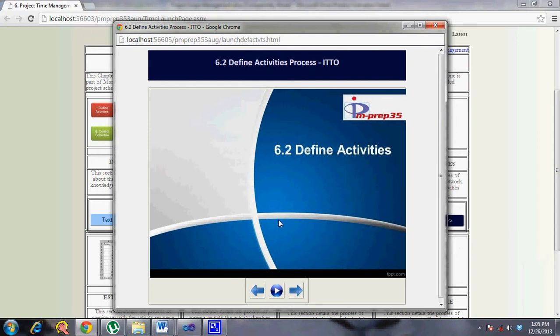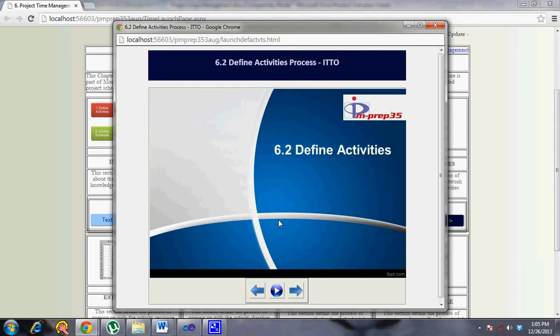Then like any other process, you have the plan as the guiding force, telling what to do, which has already been initially planned by the project manager. So it's a key input. That's where your schedule management plan is an input to create your activity list, because it tells how you break down things, or any tools and techniques, any methodologies that are commonly used. You have done some analysis as part of creating your schedule management plan, so you look up to that and then you go ahead with your creation of the activity list.